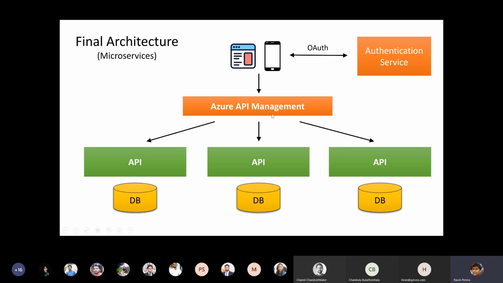And with microservices, the benefits become even more apparent, because if you need to introduce another microservice and microservice API, it's just a matter of building that API and plugging it into API management. You do not have to worry about authentication, because you have already established that gateway infrastructure. It doesn't matter whether it's 3 APIs or 10 APIs, you can simply plug new APIs into API management. And we use OAuth as our standard authentication protocol.